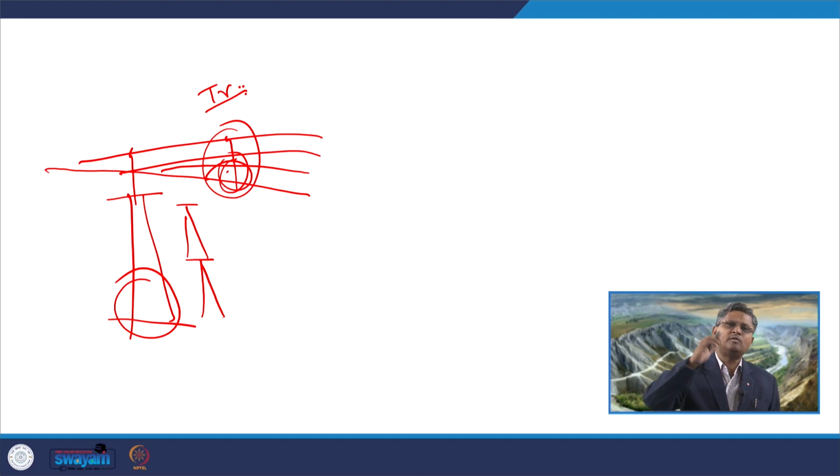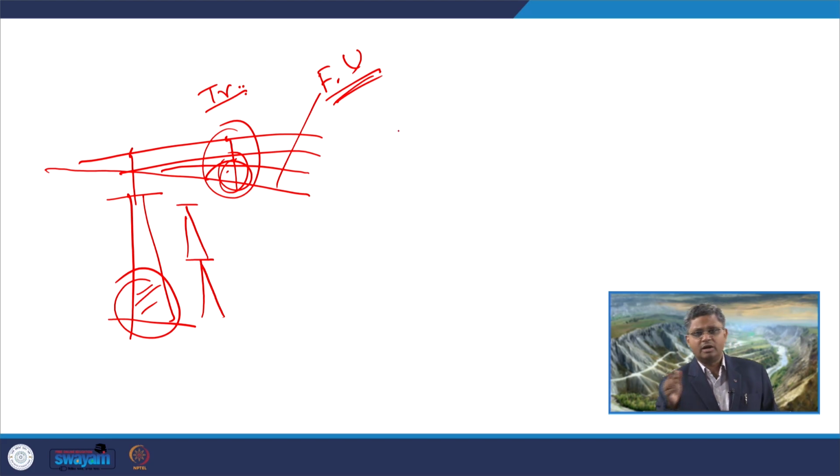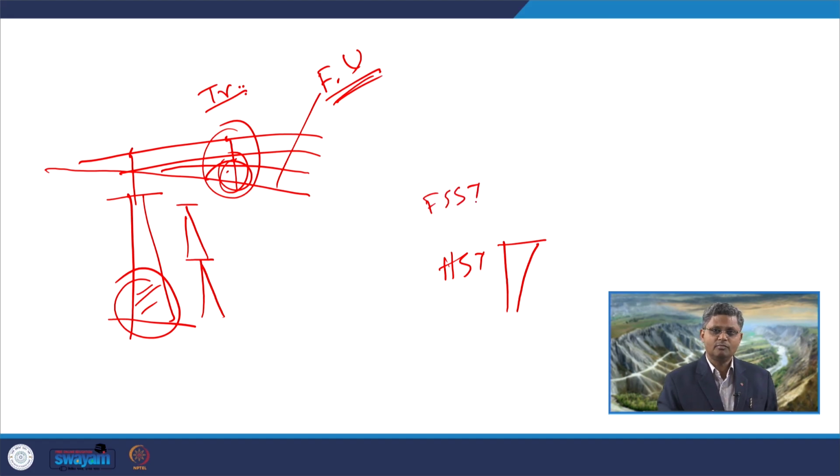So, within an overall fining upward trend, when we are looking into the continental side, the LST part, which is occupying the basal part of this fining upward trend, represents the coarsest fraction. When we are looking into the deeper part of the basin, we have the HST at the bottom. So, that HST is a coarsening upward trend, followed by the FSST. Again, during FSST it will be a coarsening upward succession, and on that we are getting the LST. So, it is expected to be more coarsening upward.